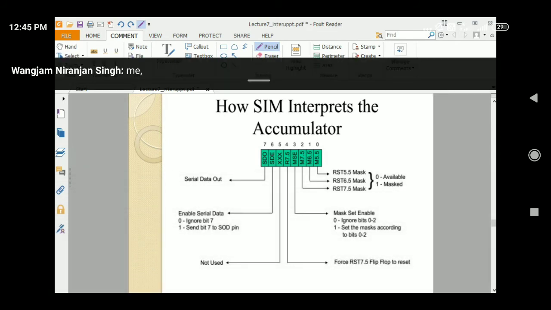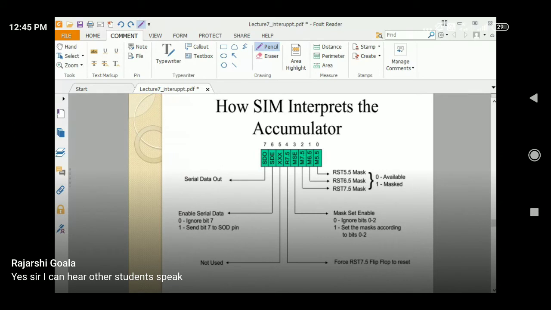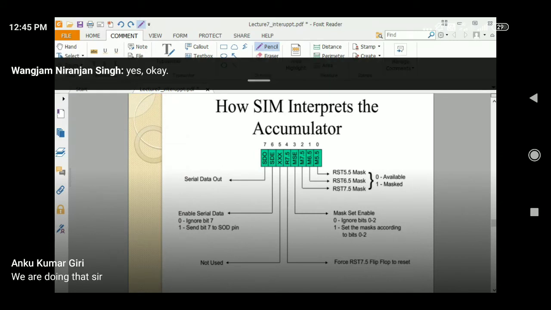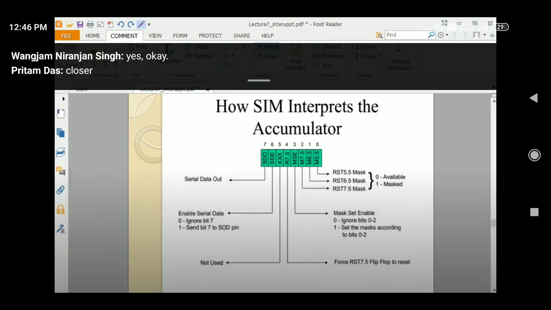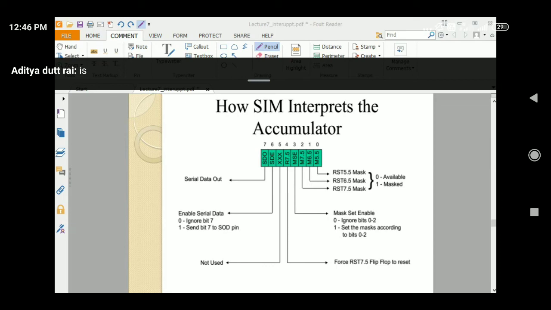You need to unmute the mic, then after that you can speak. Hello, sir, can you hear? Okay, now able to hear.